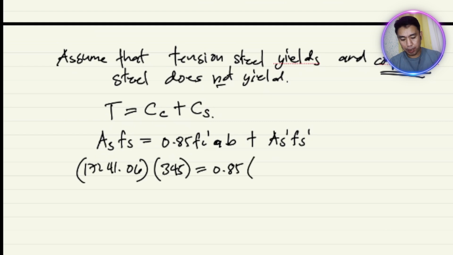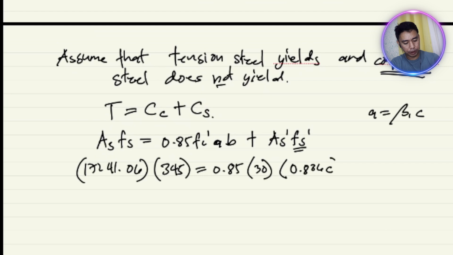And then, ang FC prime natin is 30. Now, ngayon, ang A natin is, we will not solve for A here. Kasi itong FS prime is in terms of C. So, i-change natin yung A to C. We know na ang A is equal to beta 1C, right? So, we will write here 0.85 FC prime 30. Ang A is beta 1. Yun na yung beta 1 natin,